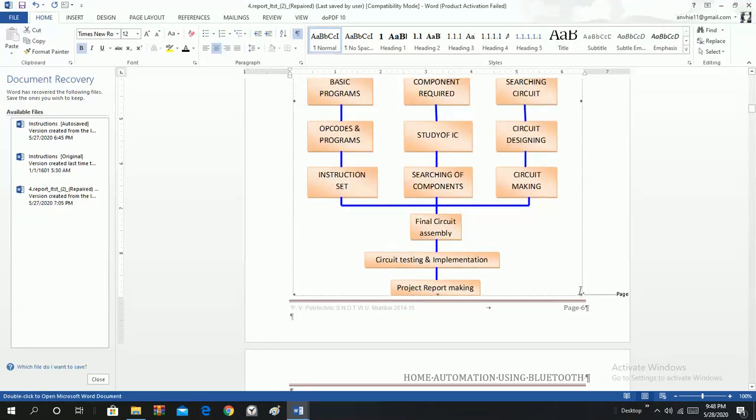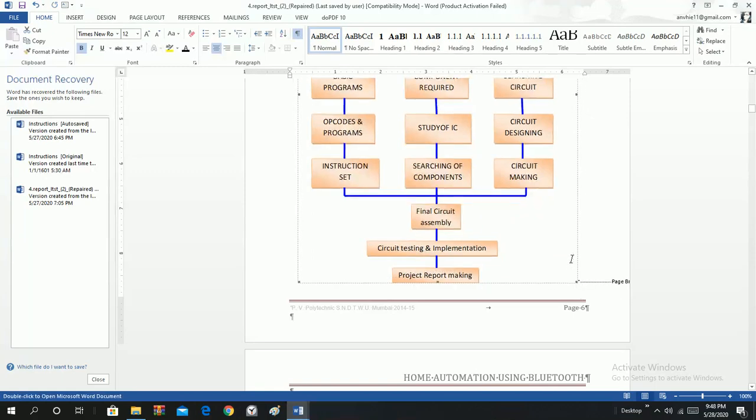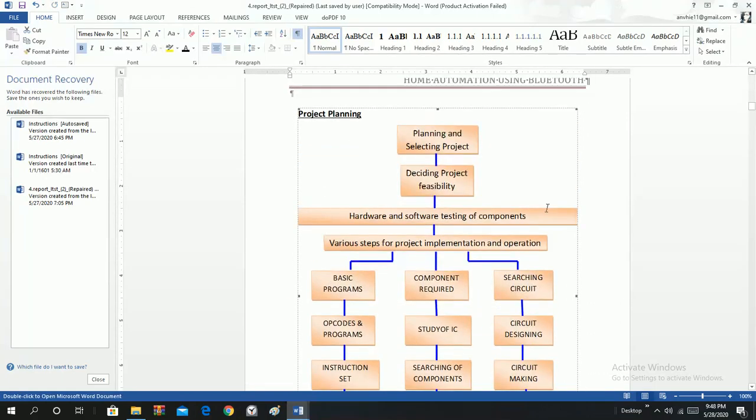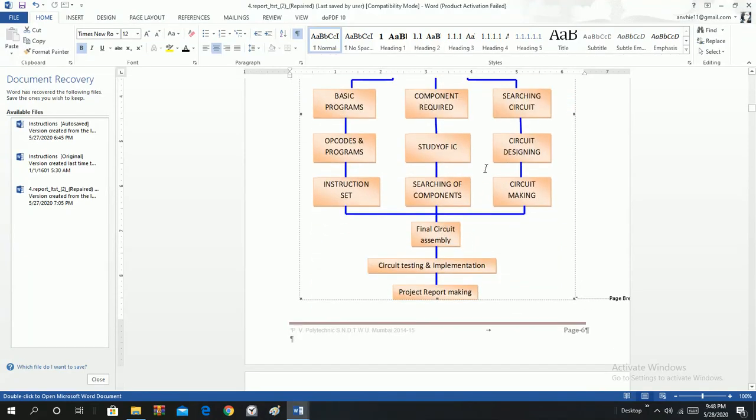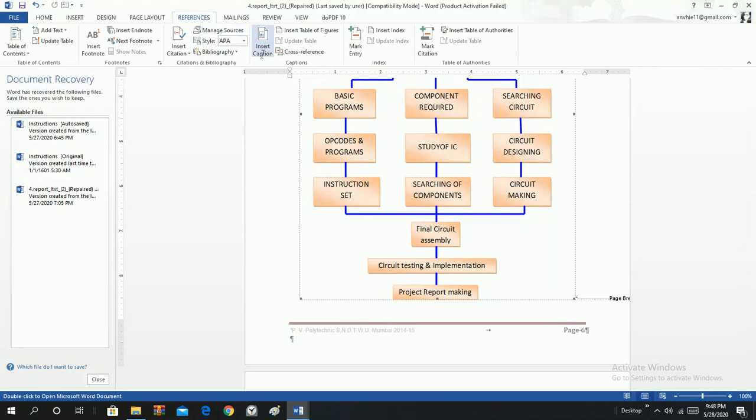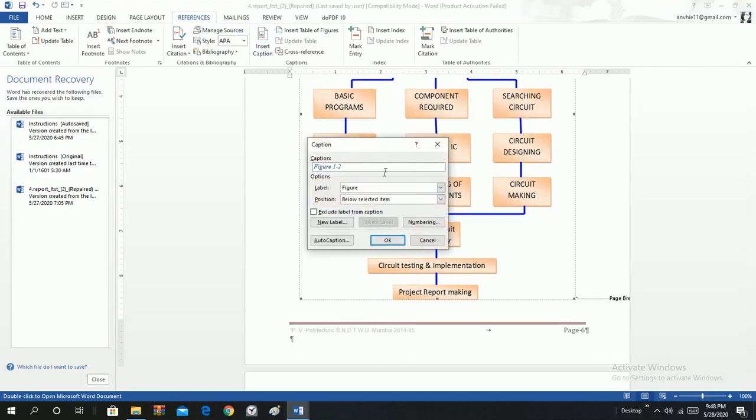We have to do exactly the same for the next figure. So this is figure 2. There is actually no place to write the name, so we are reducing it a bit. Now we follow the same process: go to References, Insert Caption.